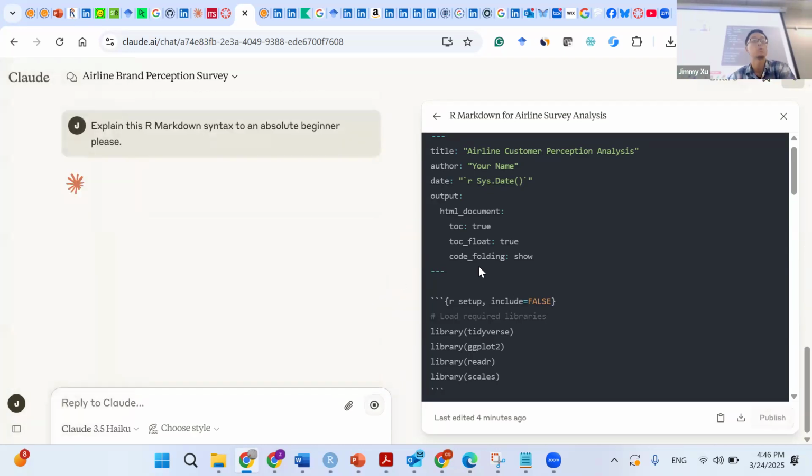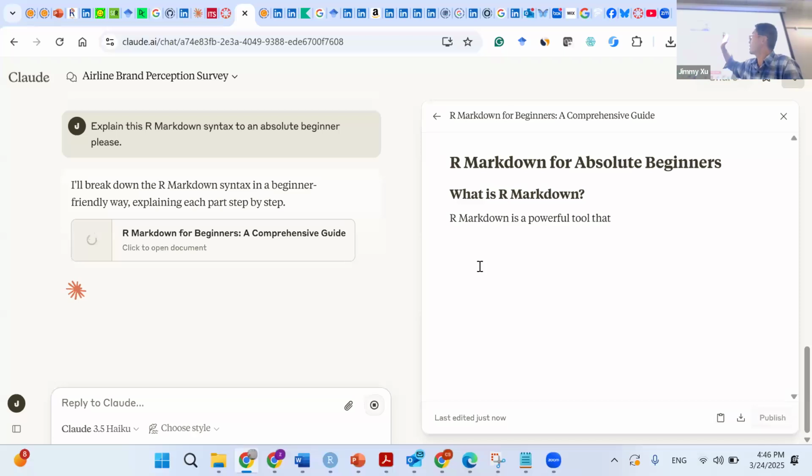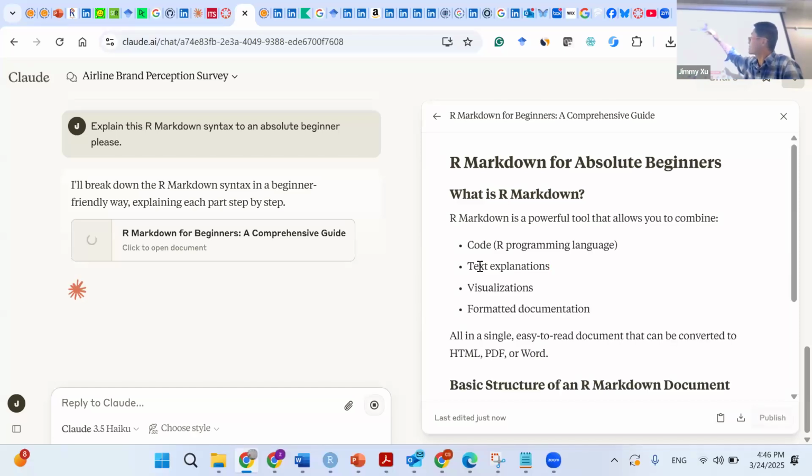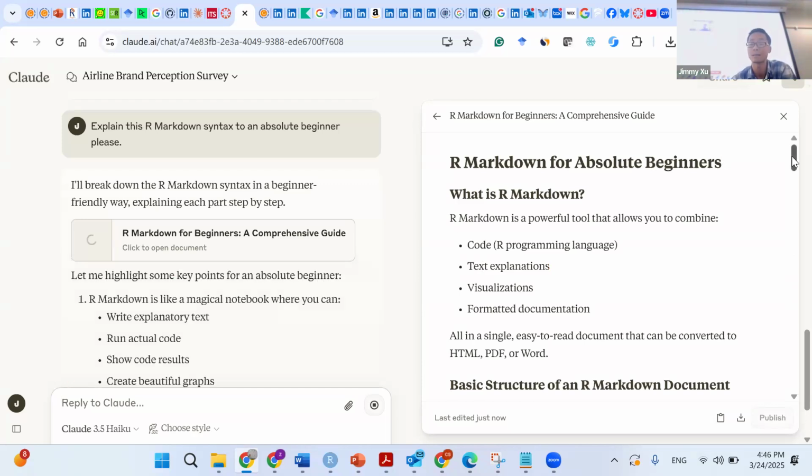Okay, so you see, I'm asking it to explain this syntax to an absolute beginner in a user-friendly way. Absolute beginner means, as long as you know how to read English articles from the New York Times or any other websites, you should be doing all right.